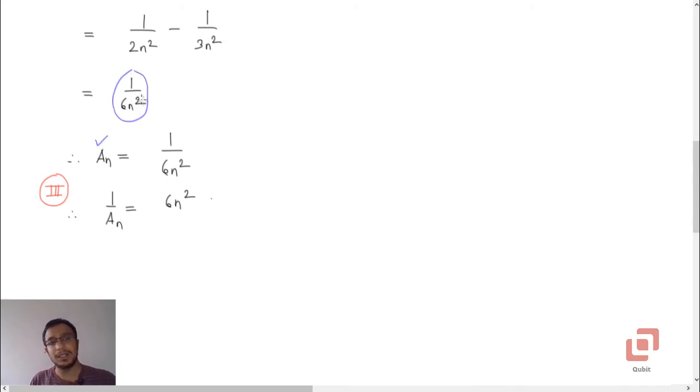Now clearly there is one thing to be noticed here. As n tends to infinity, or as n continues to increase, 1 upon n squared will go to 0. So as you go on increasing the value of n in the equation of the parabola, the area bounded by the curve and the line y equal to x will start diminishing. Nonetheless we have found A_n, and in the problem they have asked us to find the sum of the reciprocals of the areas, right? So 1 upon A_n will in turn be 6n squared.